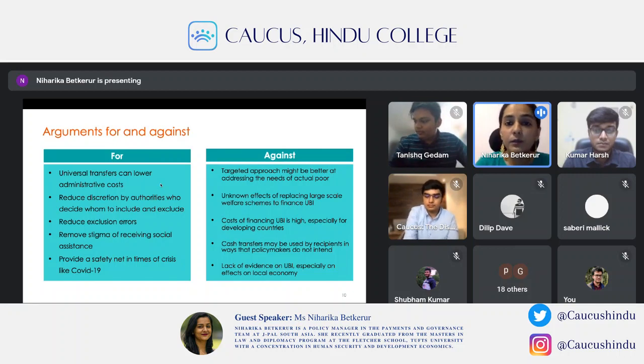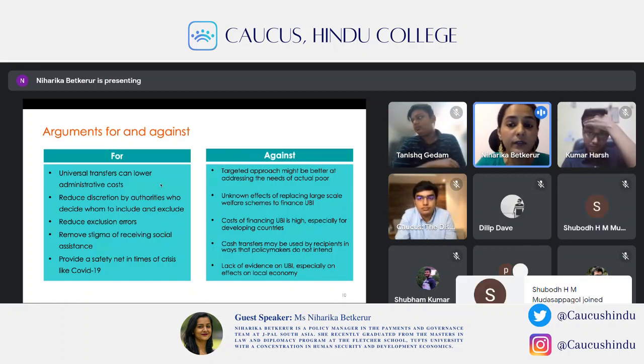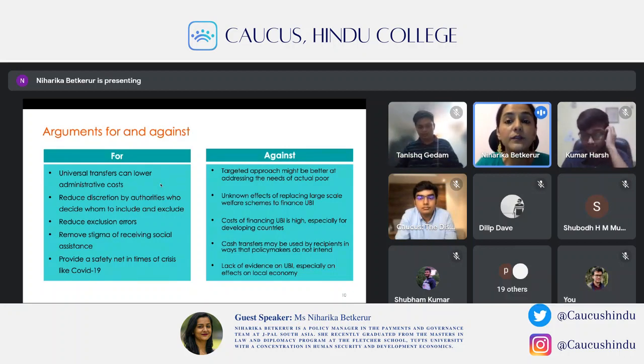But there are also valid arguments against UBI, and chief among them is that a targeted approach might be better at addressing the needs of the actual poor. Think of a government that is deciding to universalize versus deciding to target the poorest and address their needs. What will end up happening, especially in developing countries with limited budgets, is that they would have to reduce the amount given per head in order to universalize. In order to have everyone in the scheme, they would have to reduce the per head amount of the transfer. Whereas when you're targeting,